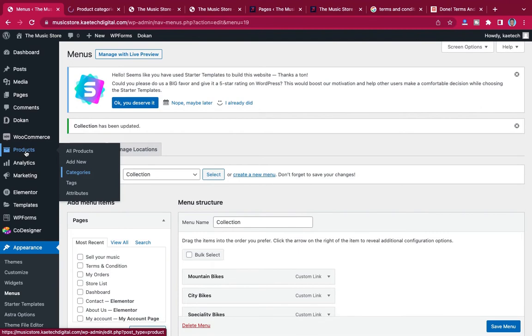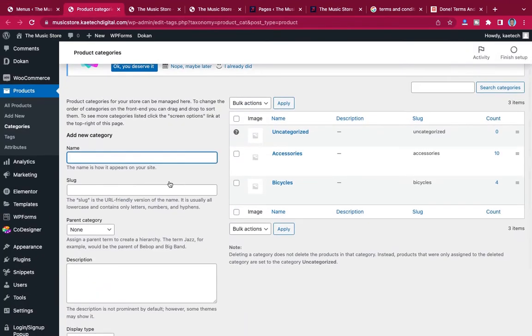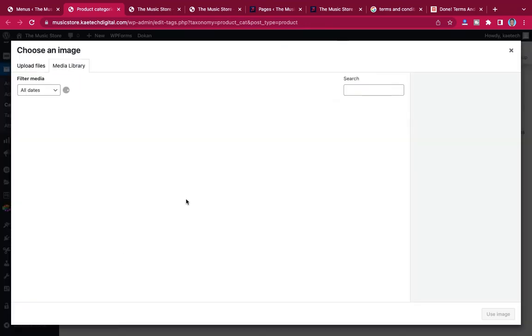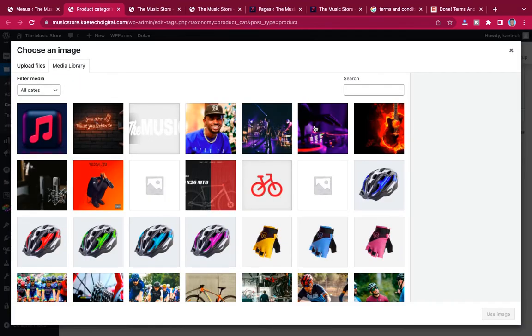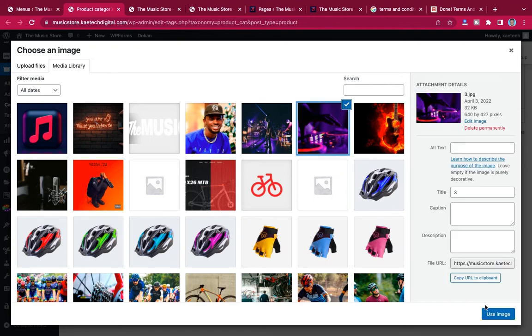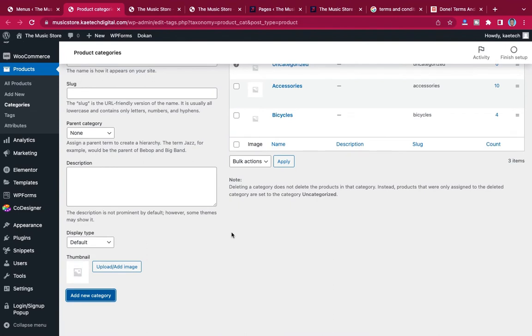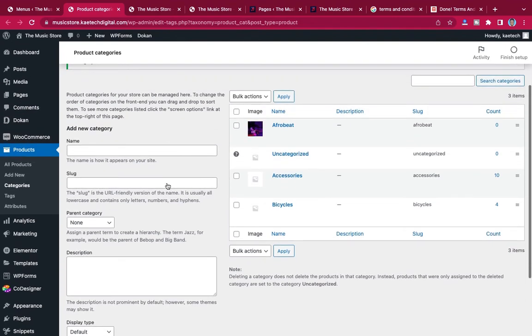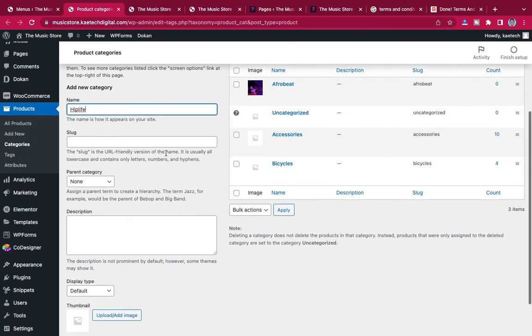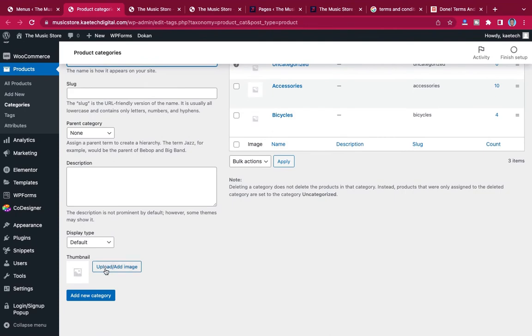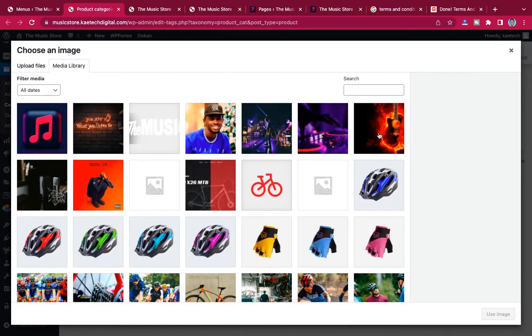Okay, so product categories, okay, over here. And then the first category we need is what? Afrobeat. We will upload image for it. Now let's upload this image for it. And click on update. The next category that we're going to need is let's say hip life. Let's upload an image for it. Let me say this one,